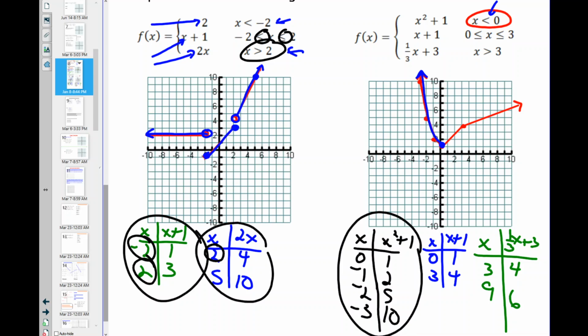And that's because now when you come to the next piece, which is linear, over here, all I need is 2 points. That's what I found here. They share a common point. So what happened was that linear came in, and that's what filled in that 0, 1. And then I just connected it to 3, 4, which is the other end of that interval. That one took a closed point. And then strangely enough, on this last piece, I went ahead and plugged in the 3 because that was the end point. I could pick any